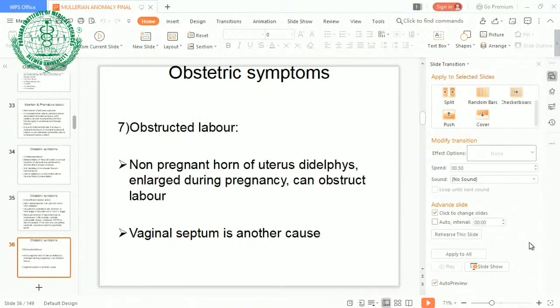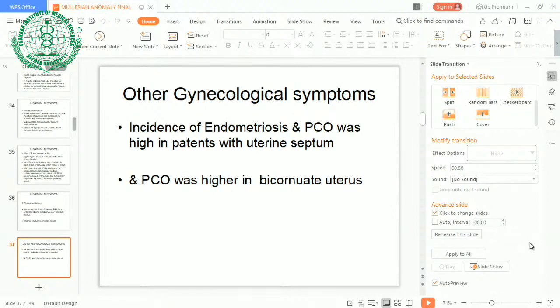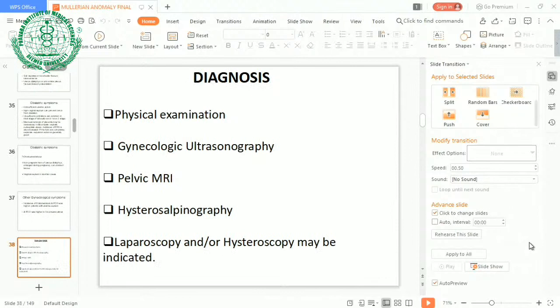Obstructed labor. The non-pregnant horn of the uterus didelphys enlarges during pregnancy and can obstruct labor. A vaginal septum is another cause. Other gynecological symptoms: incidence of endometriosis and PCO was high in patients with the uterine septum, as against PCO was higher in bicornuate uterus. Coming to diagnosis,